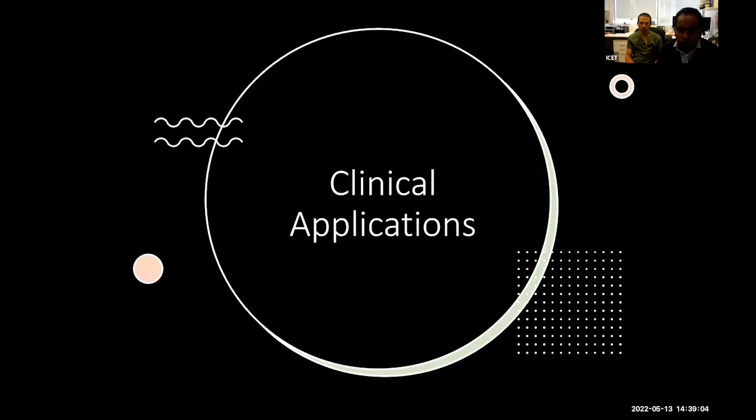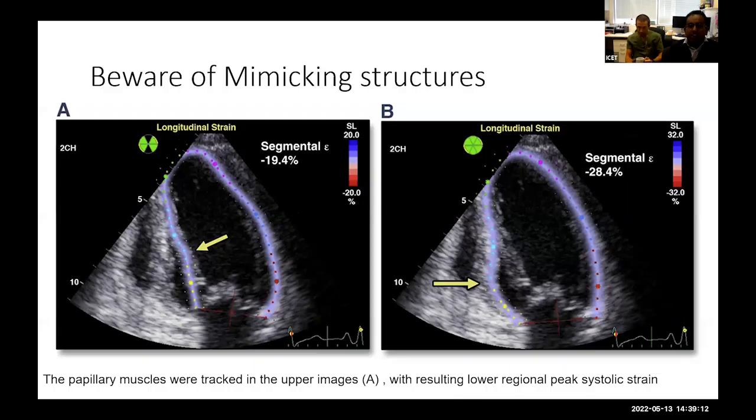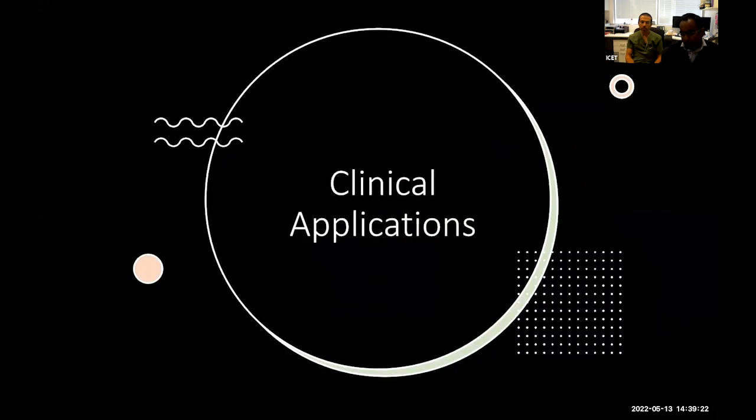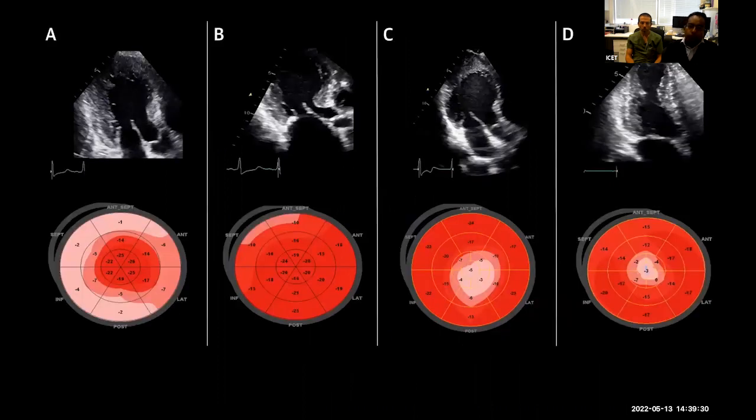And so the question becomes, why is it so important in terms of strain? Why does it matter if it's, say, for example, -28 versus -19.4? The reason is that in some cases it actually impacts the way we manage these patients. I'll go through some of the clinical examples very shortly, and in what circumstances it can affect management. And you guys probably know already. But before I do, these are some strain